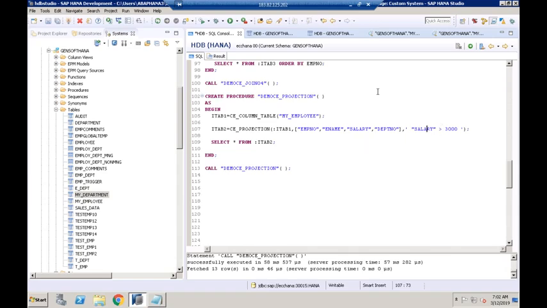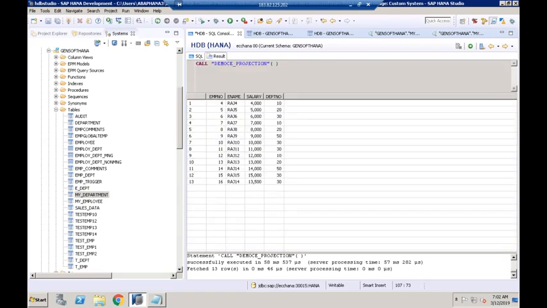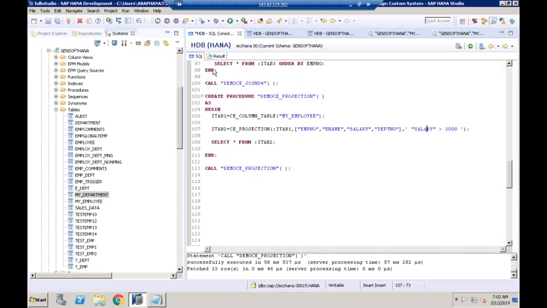So what is my requirement? In this case, how many records did I get? 13 records I got. What I want is, the condition is the same: salary is greater than 3,000 and also department number should be 30. So two conditions: salary should be greater than 3,000 and department number should be equal to 30. So the simple adjustment that we need to do is